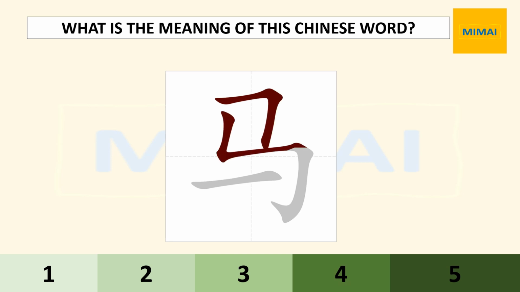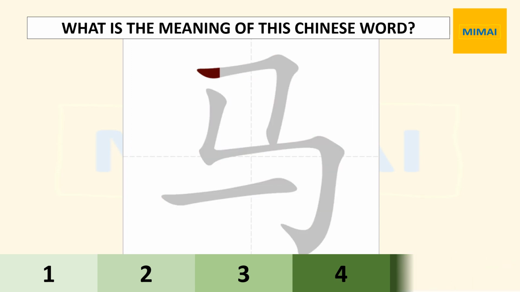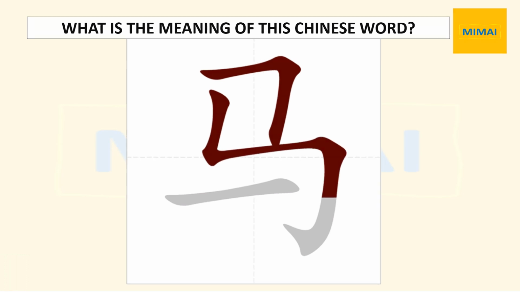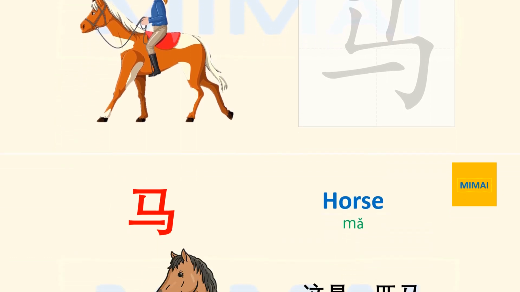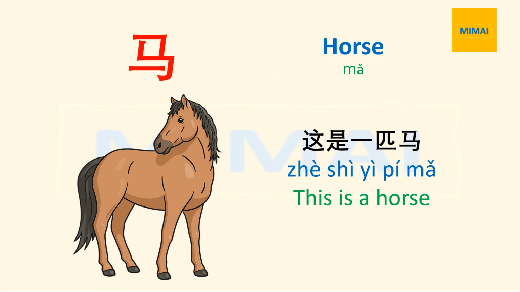What is the meaning of this Chinese word? 马. Horse. 马 Horse. 马 Horse. Here is an example for this word. 这是一匹马